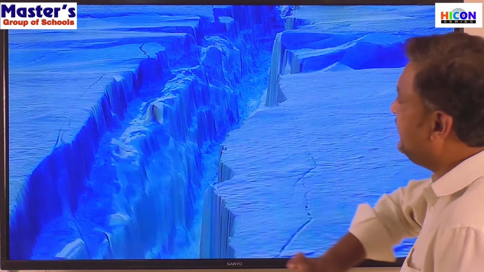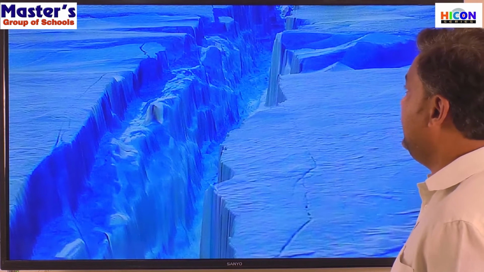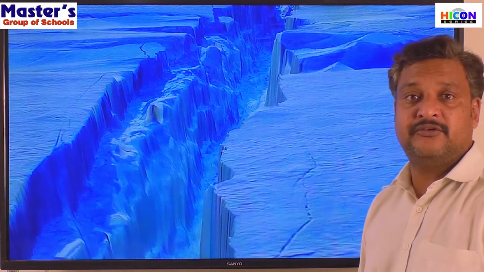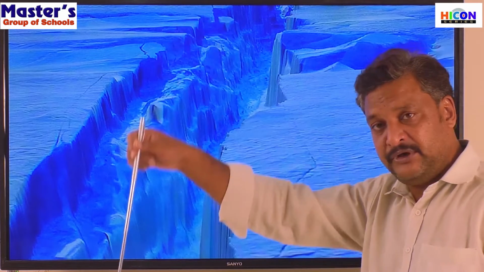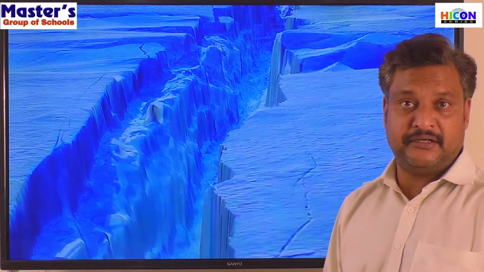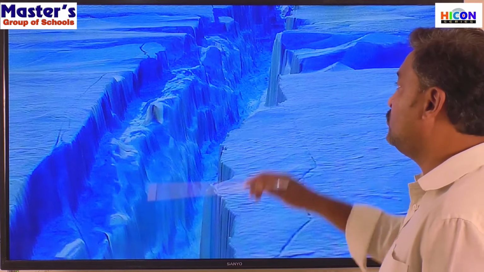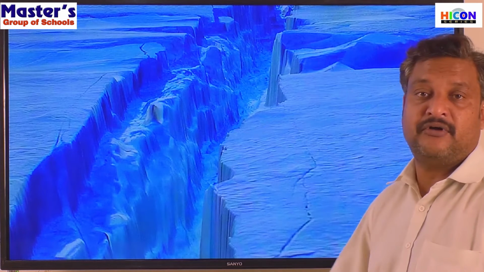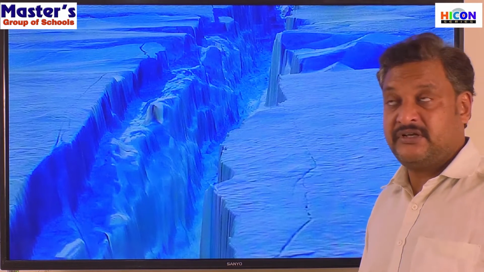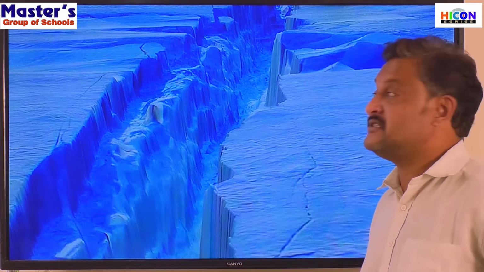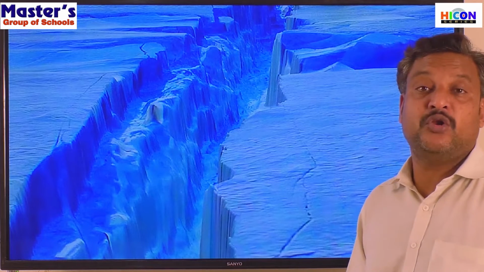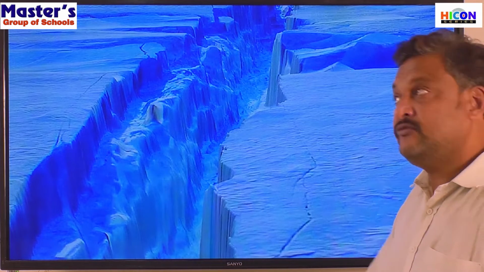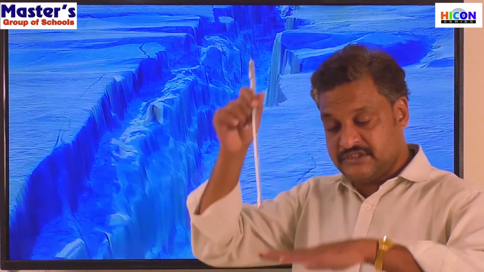It's completely covered with ice, and at some areas, if you try to dig down deep into the ice to find the soil there, it may be something around 2 to 3 kilometers of ice. The thickness of ice on Greenland is something around 2 to 3 kilometers. You have to go 3 kilometers down into the ice if you want to reach the soil.